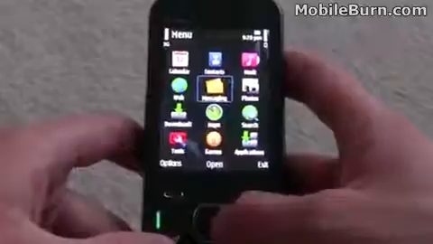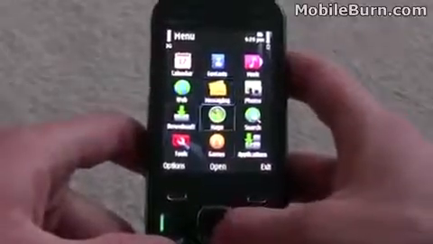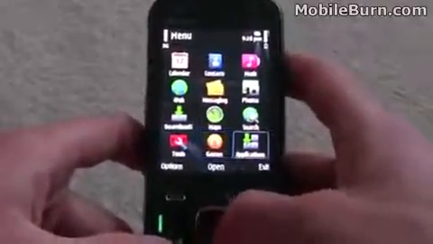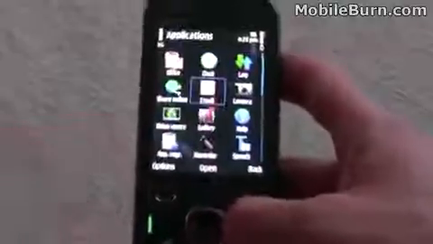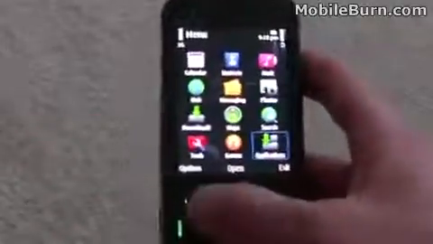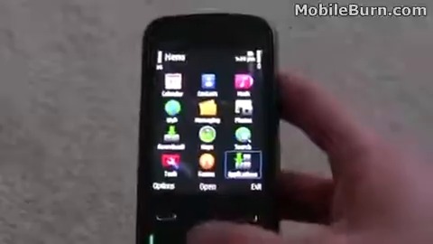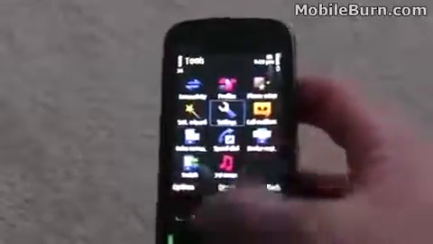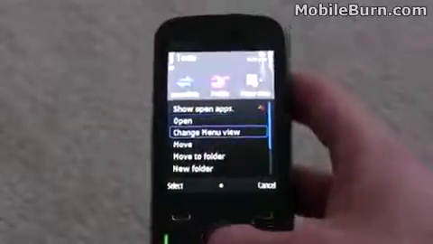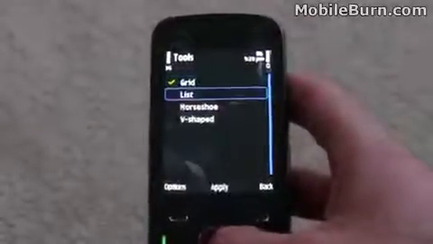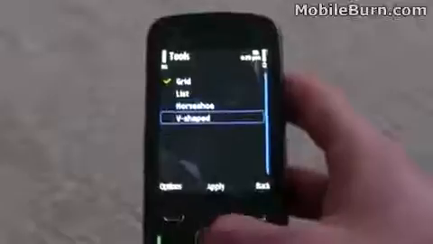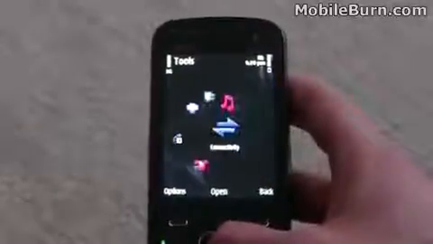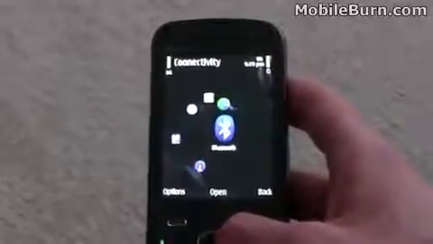If we just pop into the menu here, you can see all the icons actually laid out in a grid view. You can also have any of these main menus, like the applications menu, main menu and the tools menu. Anything where there's a grid of icons can usually be changed to a list, a horseshoe or a V-shaped menu. So you can see, just do the horseshoe on this one and it just